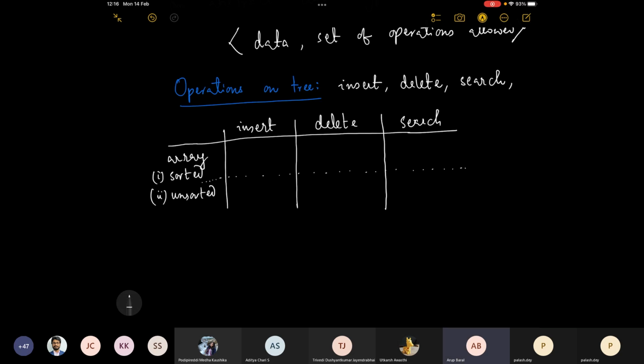Then we have to shift the remaining elements. How much time will that shifting require? Take your time and think. For a sorted array, because of the shifting, you need order n time in the worst case for insert. For the same reason, because of shifting, you need order n time for delete, and for searching whether an element is there in the array or not,